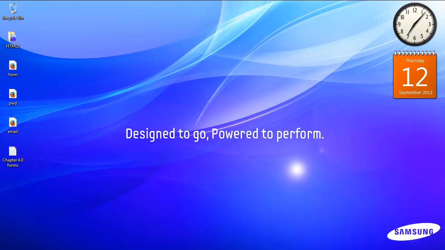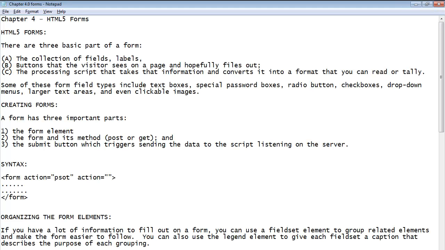Hi, today let us spend some time dealing with the HTML5 form element. Basically, whenever we users visit web pages and there exists a form, we see the labels, buttons and a collection of fields of the form. Today we shall learn a few steps and attributes that are required for creating a form.